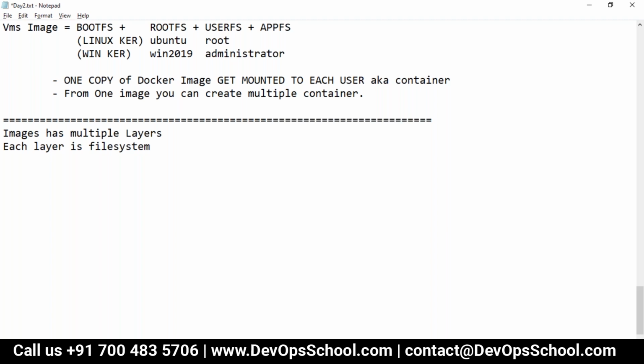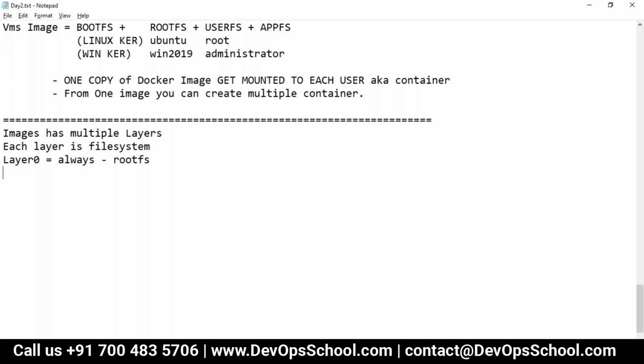Here layer 0 is always the root file system. There are many spelling mistakes which I have here and there, so please ignore them. Always a root file system.